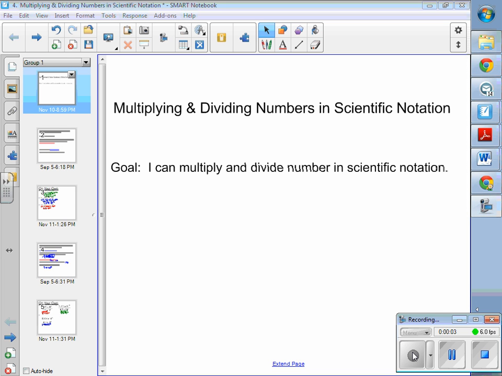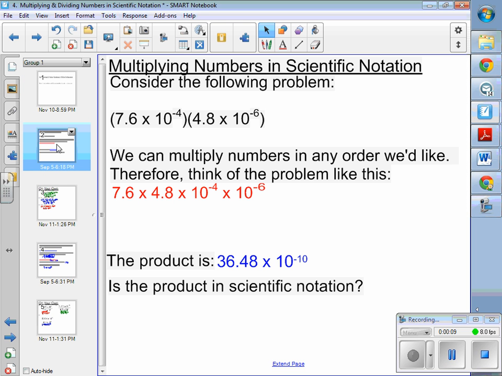Today's lesson is multiplying and dividing numbers in scientific notation. Multiplying numbers in scientific notation. Consider this problem. 7 and 6/10 times 10 to the negative fourth power times 4 and 8/10 times 10 to